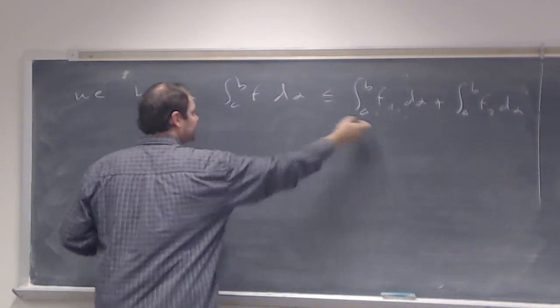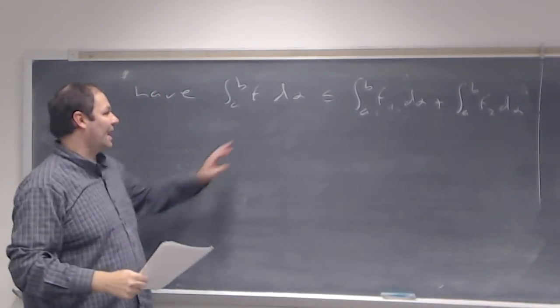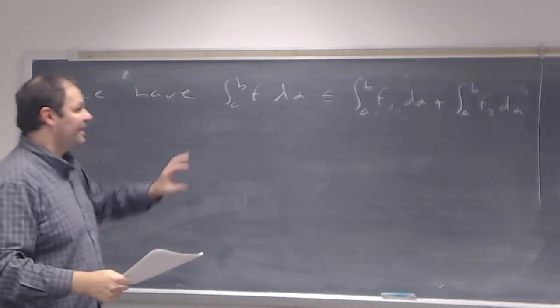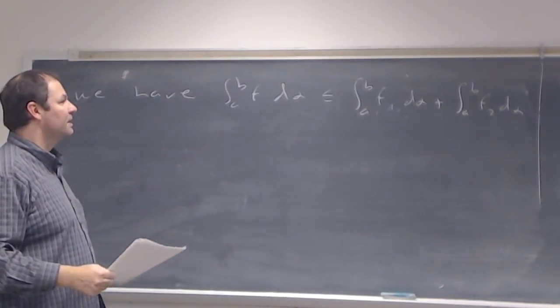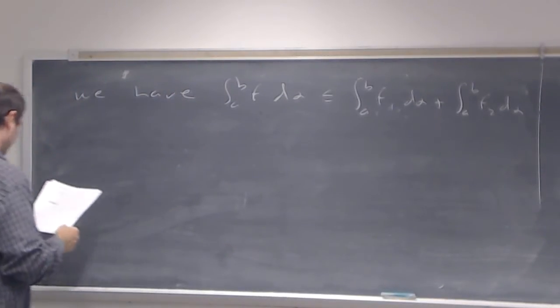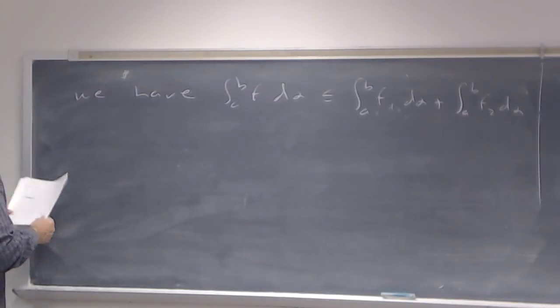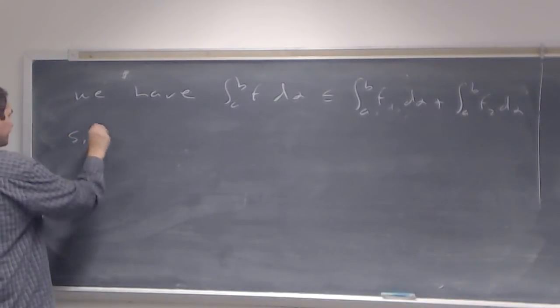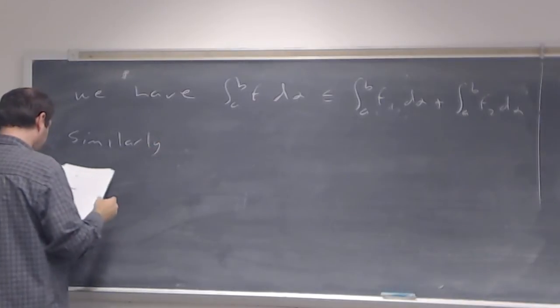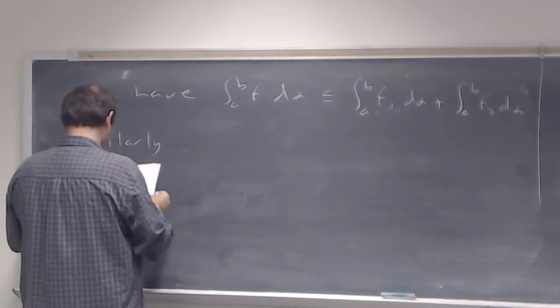So we're trying to show these two things are equal. And right now I have that one of them is smaller than the other. If I can show the reverse inequality, then we have that they're equal. And that's what I'm working towards. And we can do that. So similarly to what we've done, if we work with the lower sums,